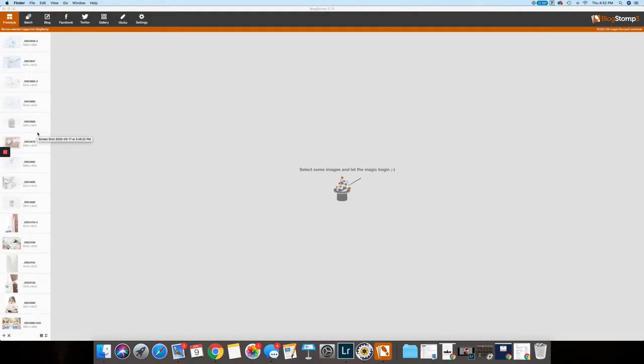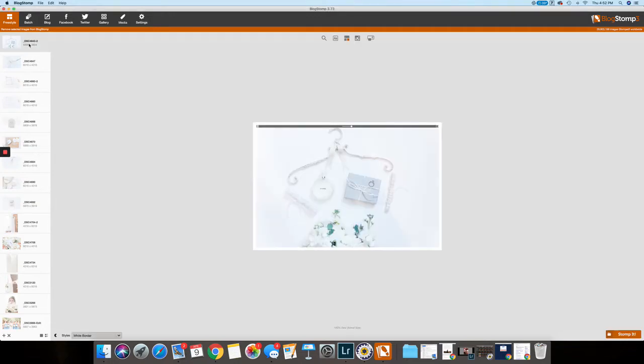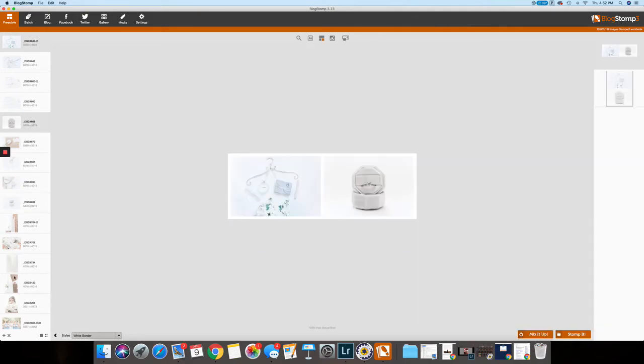Good. Okay. The first thing that I'm going to do is we're supposed to SEO each image on our blog, but that takes a really long time, especially if we're blogging about a session or a wedding. So Blog Stomp really saves me because instead of SEOing like 80 images, I'm going to SEO like 10 images. And here's why. So right here, I'm going to combine some of my favorite